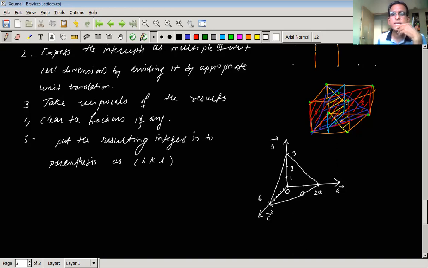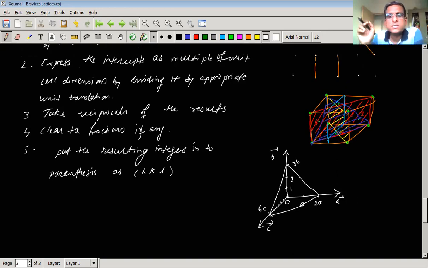I have taken one example only, nothing more than that. So consider a rectangular coordinate system, and the XYZ axes coincide with the fundamental translation vectors of the unit cell, isn't it? So here you can imagine the unit cell also, as usual. This we have done a number of times actually.